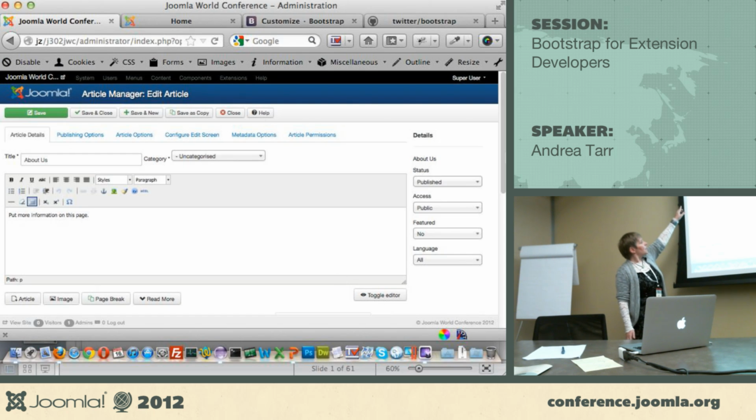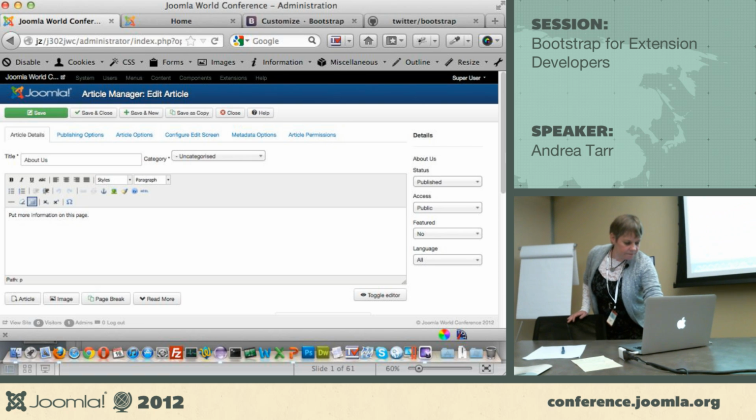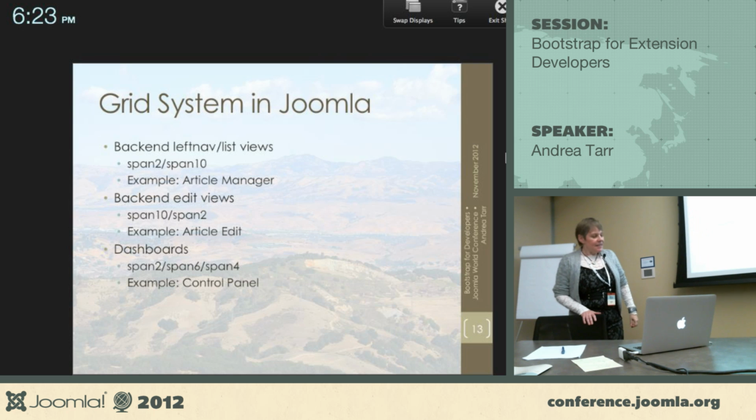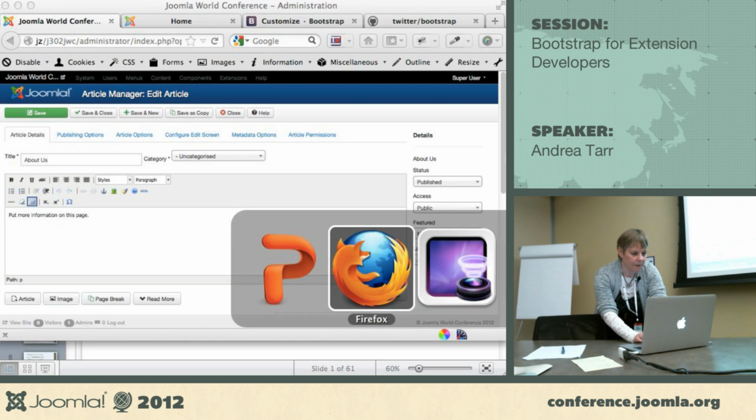See, they have it with these groupings of the tabs, the article detail, the publishing options, article options, etc. up there, and what comes up here. And then we've got this little section over here. That's a separate one. So all of that tab function is the 10, and then the 2 is on the far side, and that's where we've just got that permanent information to sort of keep track of where you are and what's going on. The dashboard, which is like the control panel,